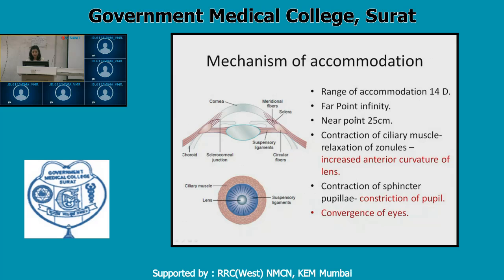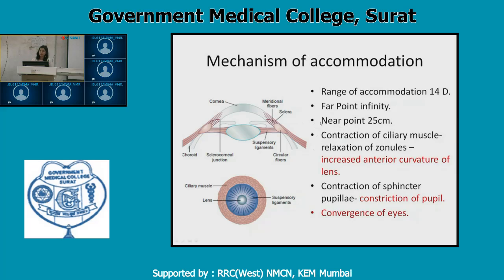So we know what is a far point and what is a near point. The farthest point at which, if the object is placed, the image is formed on the retina with ciliary muscles completely relaxed is the far point. And the nearest point at which, if the object is placed, the image is clearly focused on the retina when ciliary muscles are completely contracted or accommodation is complete, that is known as the near point.